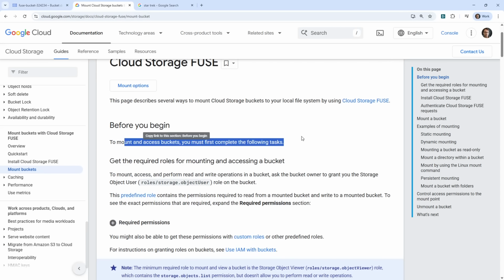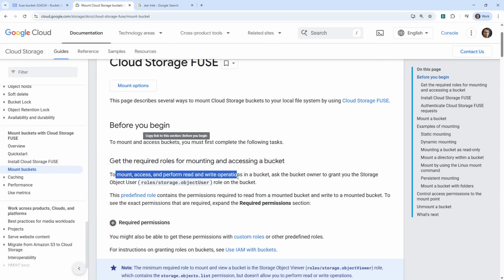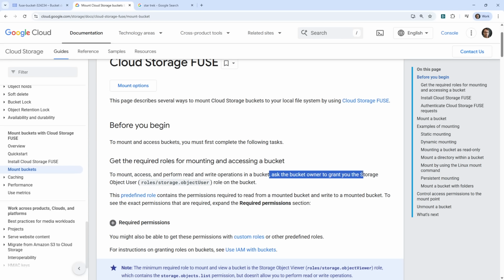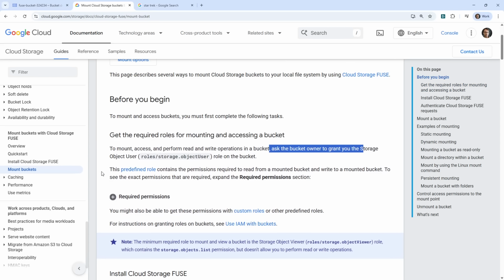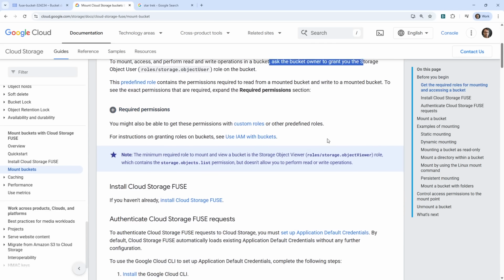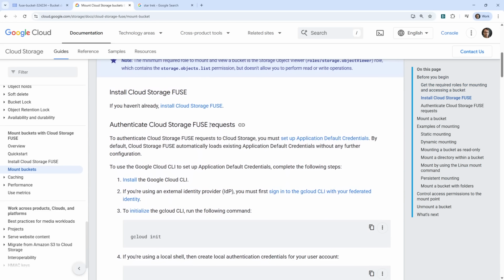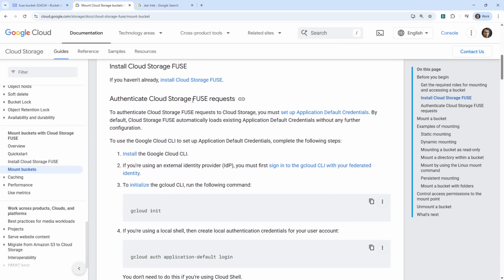So to mount and access the bucket, you first have to do the following. To mount, access, perform read-write operations in a bucket, ask the bucket owner to grant storage object user role on this bucket. Okay. The bucket owner. So I'm not sure if we have to do that right now. We'll continue on. You might also be able to do this. Install, we've already done that. Authenticate Cloud Storage Fuse